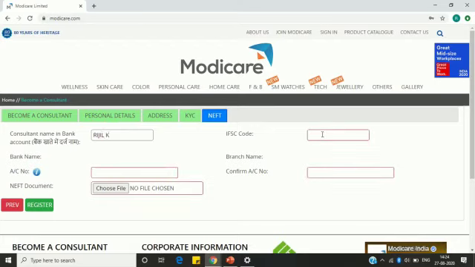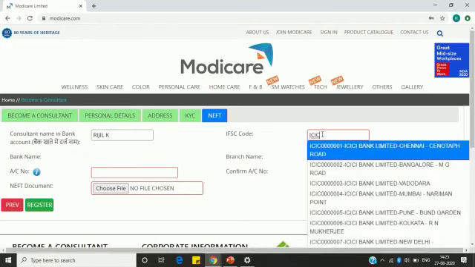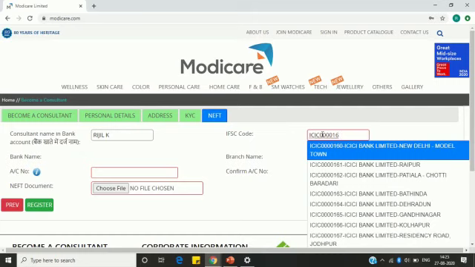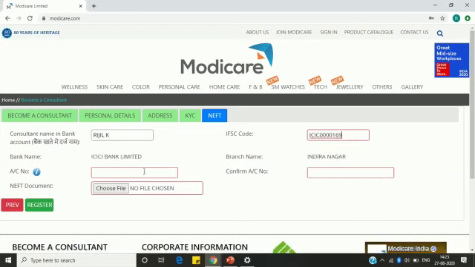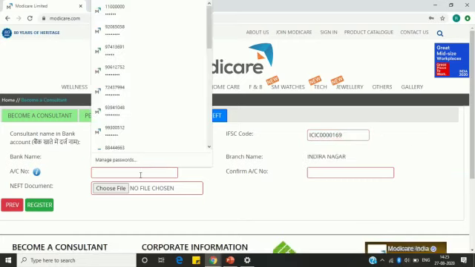And the second box is IFSC code. IFSC code is always 11 digits. So I am entering my IFSC code. Once you complete the IFSC code, you can see which branch it belongs to. So click that and then enter your account number. Enter the full account number, whichever is printed in the check leaf or in the passbook.